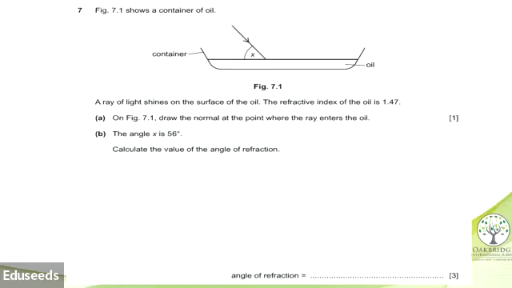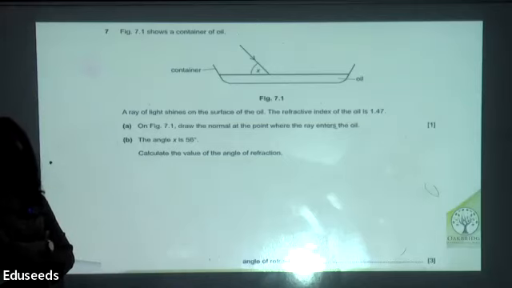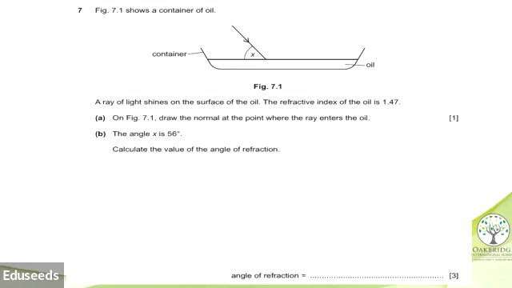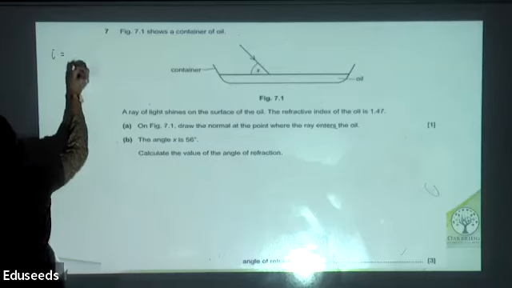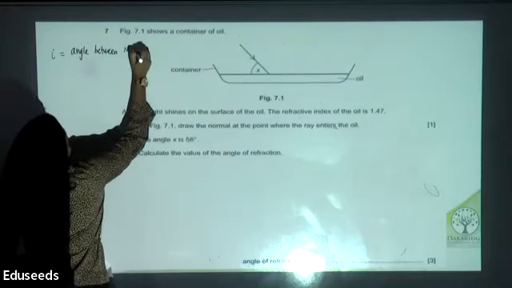Okay, this one, most of the time the student will make mistake finding out the angle. The question might trick you with the angle. Okay, can you tell me what is the angle of incidence? So X is 56. Is it the angle of incidence? No. Why not? It's 90 minus X. Why 90 minus X? What is angle of incidence mean? Angle of incidence means angle between normal and